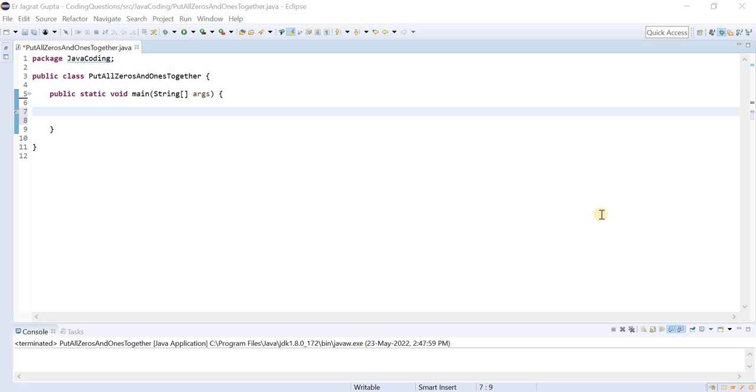I again came up with another interesting problem. Let us suppose we have input in which 0s as well as 1s are given at random places. The output should be such that we put all zeros and ones together. So let's say we need to put all zeros at the start of the array, and then the rest of the